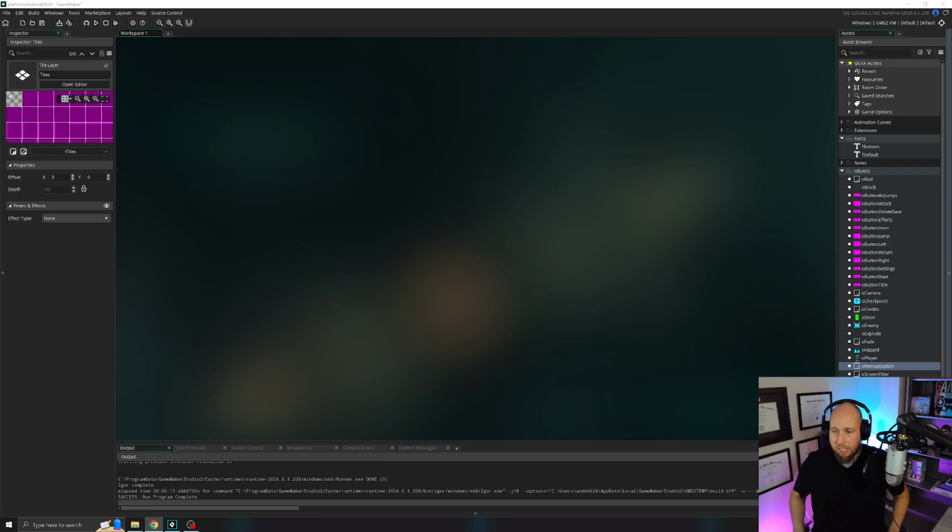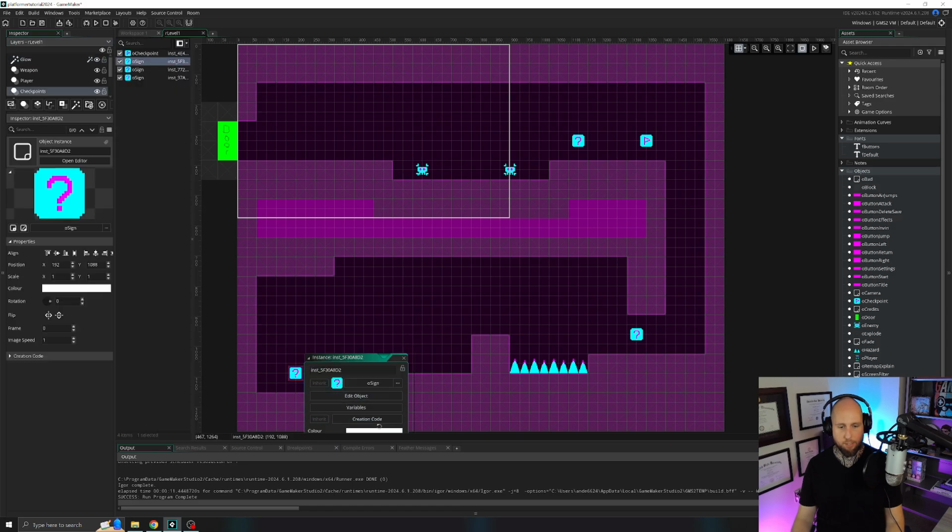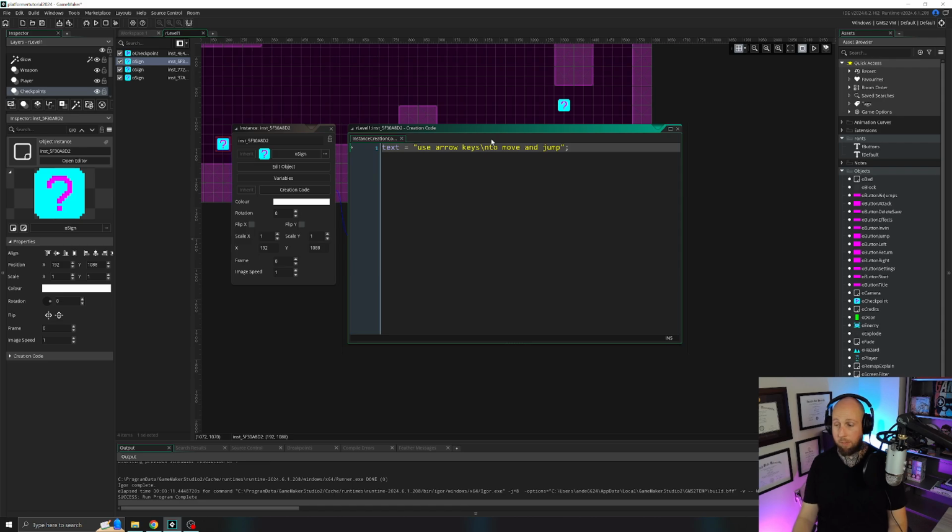Okay, lastly, we can change the text of our signs. So like in our level 1, we have these signs teaching the player how to play it. And right now it's just hard-coded to say, let's see, open this, to say like, use arrow keys to move and jump. But what if the player changes it so the arrow keys aren't controlling the player anymore? This is very, very easy to do. You just go right here, and where it says text, use arrow keys to move and jump, you can write instead,